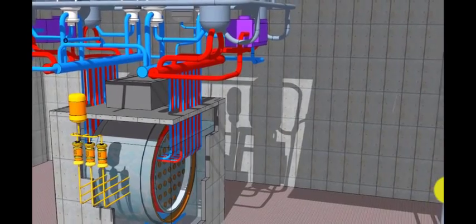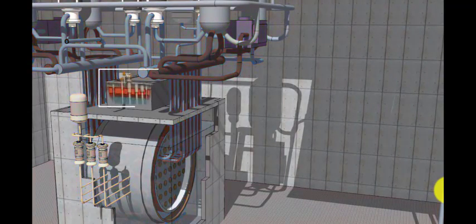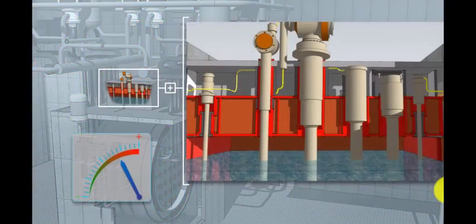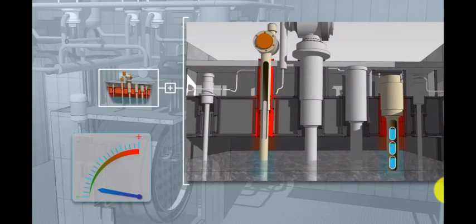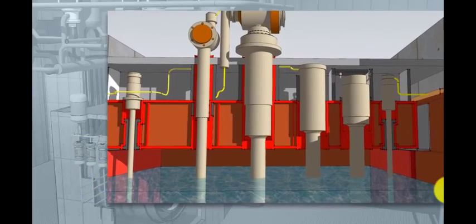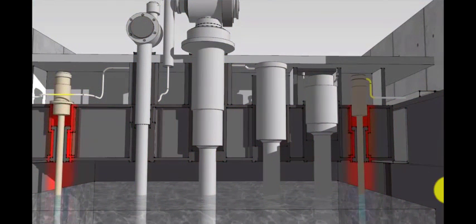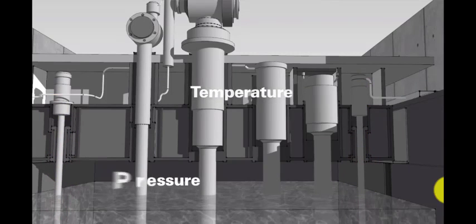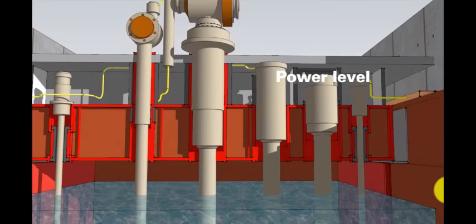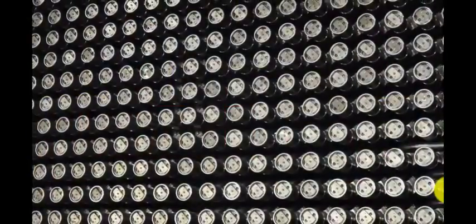First, let's look at controlling the reactor. When the reactor is operated, the power level is controlled by adjusting the rods and by varying the water level in the vertical cylinders. Sensitive detectors constantly monitor different aspects like temperature, pressure, and reactor power level. When needed, CANDU reactors can safely and automatically shut down within a second.